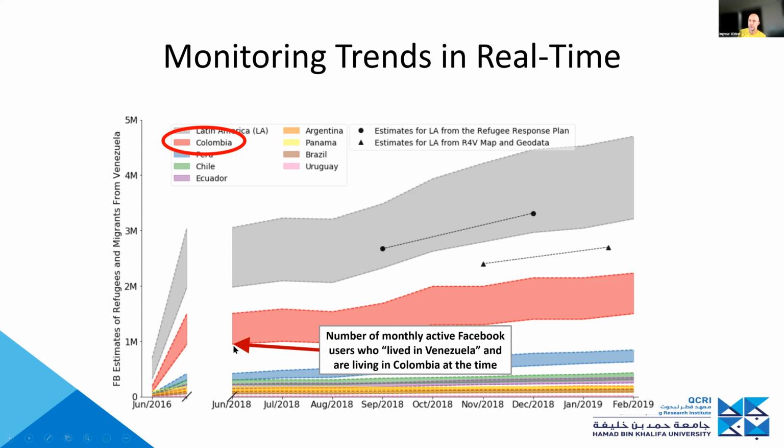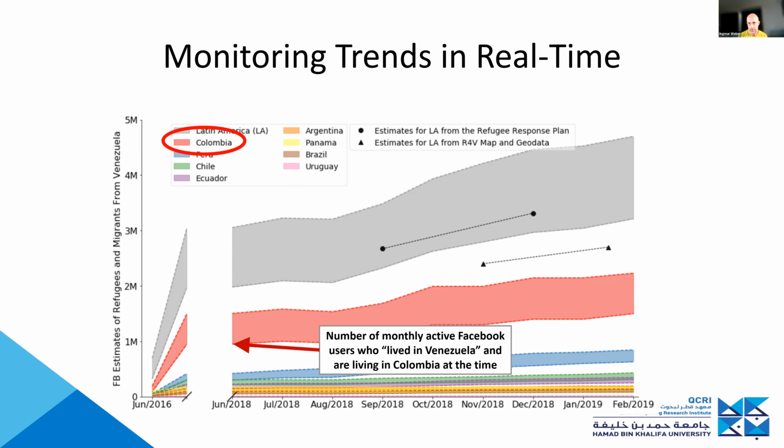Now, if we assume that there are no false positives in the set, so that every single one of those is a migrant from Venezuela, and if we assume that not everybody is on Facebook, then this is of course a lower bound. That's just a lower estimate. We would like to correct for the fact that not everybody is on Facebook. For that, we would have to know the Facebook penetration among migrants from Venezuela living in Colombia.